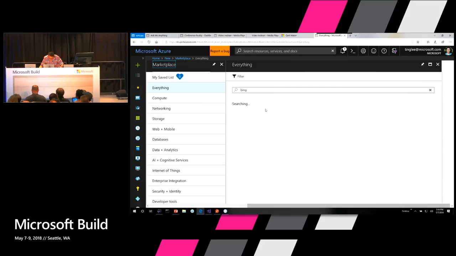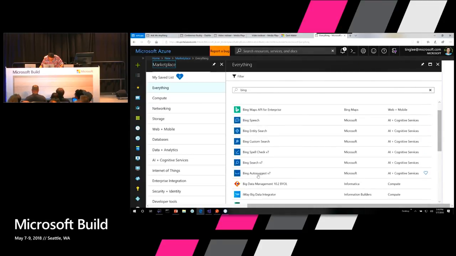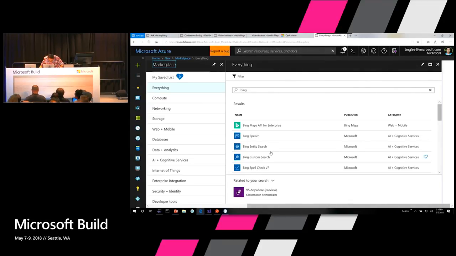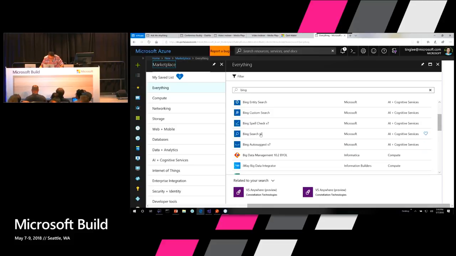And then you can see that you can deploy. Oh, there you go. Bing Search right here. Bing Search V7. You can get that and get the ID. And in a similar way that we used the Video Indexer or the QnA Maker, you can bring the world's knowledge into your app itself.